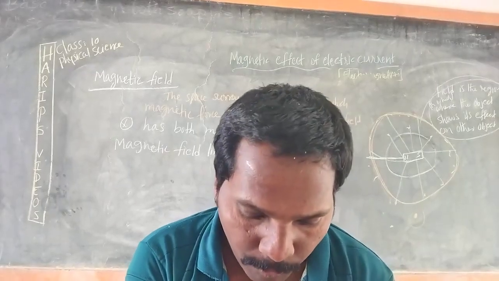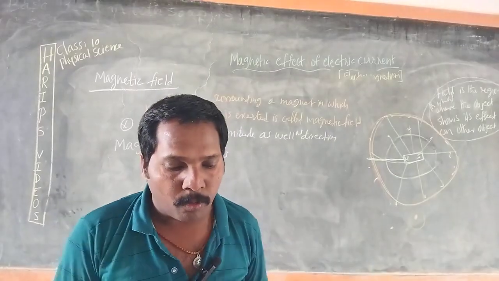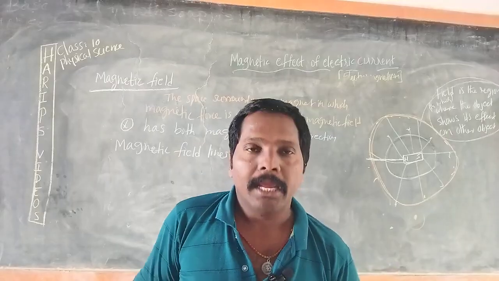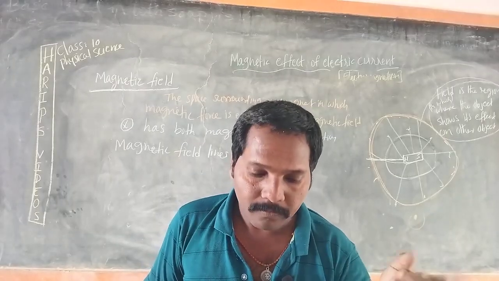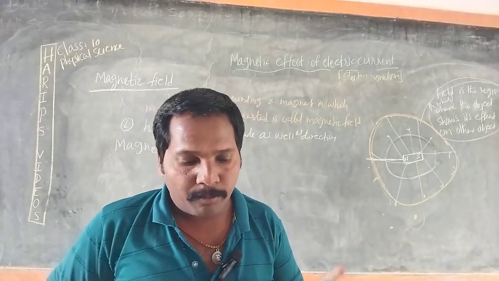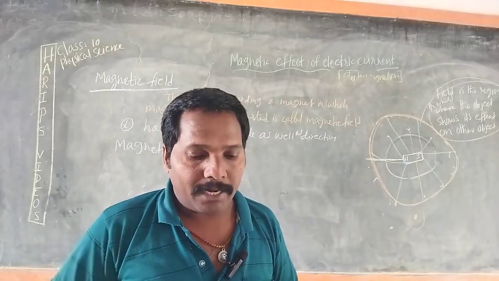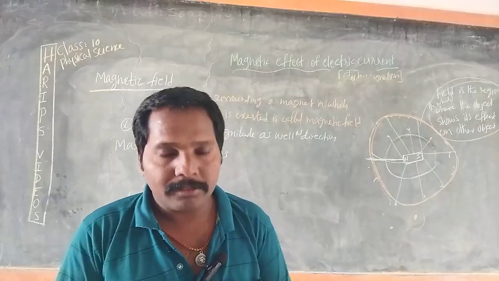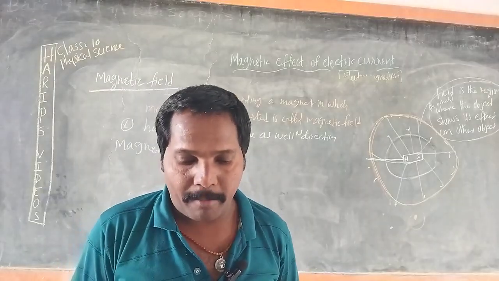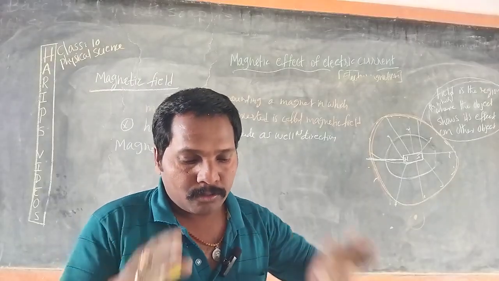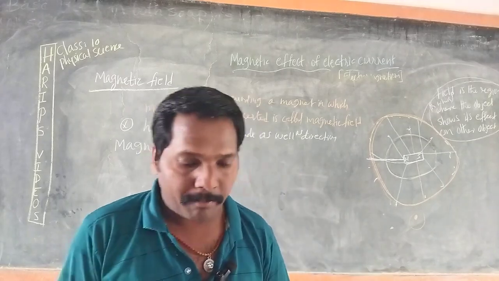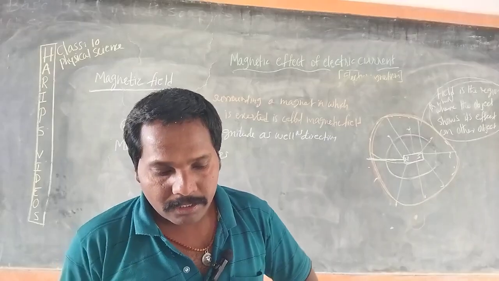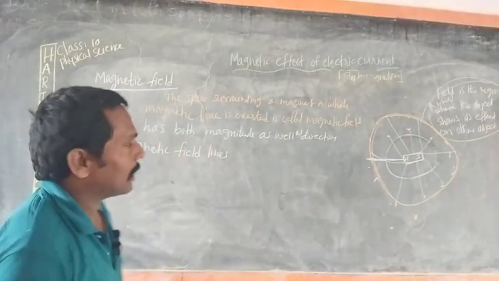When a small north magnetic pole is placed in the magnetic field created by a magnet, it will experience a force, and if the north pole is free, it will move under the influence of the magnetic field. So the path traced by a north magnetic pole free to move under the influence of magnetic field is called magnetic field line. So in other words, the magnetic field lines are the lines